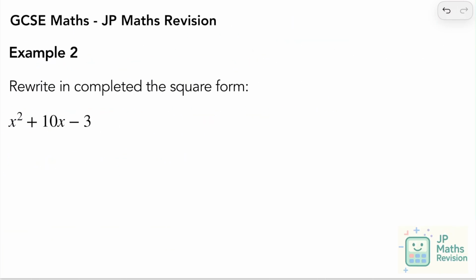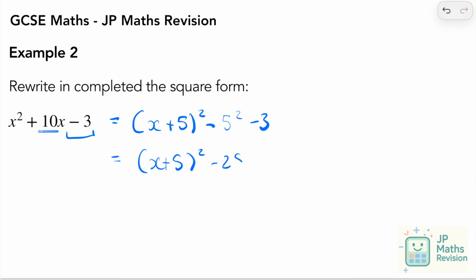So this example here, we need to rewrite this in completed the square form. So again, the nearest possible perfect square that it belongs to is going to be half of the coefficient of x. So this one, it's going to be x plus 5 squared, but we need to get rid of that 5 squared and make it a minus 3. So it's going to be x plus 5 squared minus 25 minus 3,